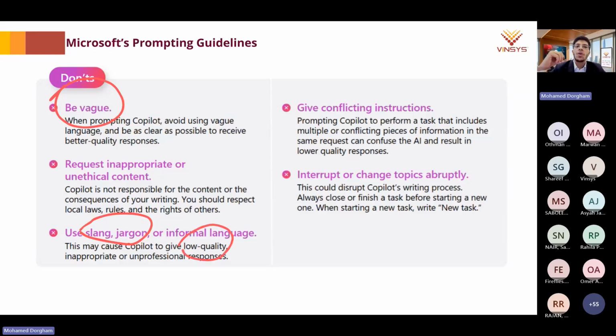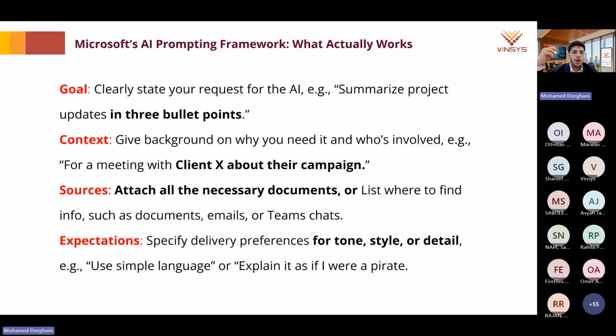And our goal with prompt engineering, or when we are interacting with the AI, is to understand exactly the best practices for writing for AI systems. Okay, now let's have a quick example.